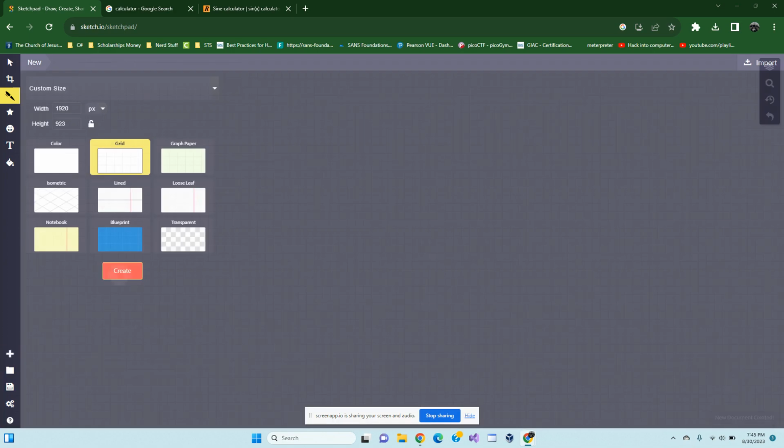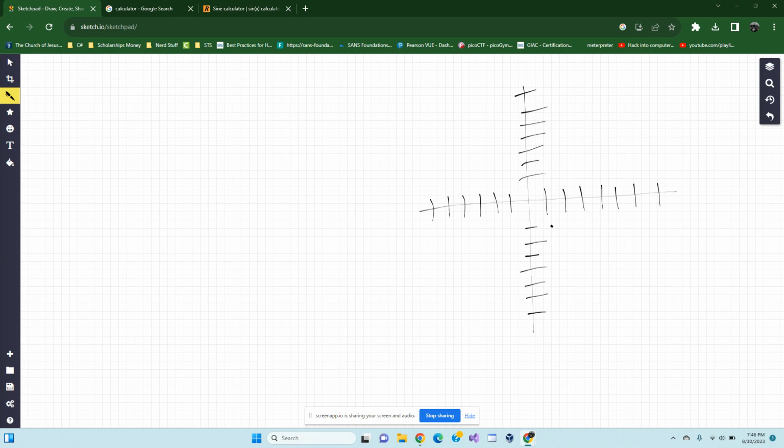And now we need to know about converting polar to Cartesian. And remember, polar is just a different way of graphing. Okay, so let's say I have,